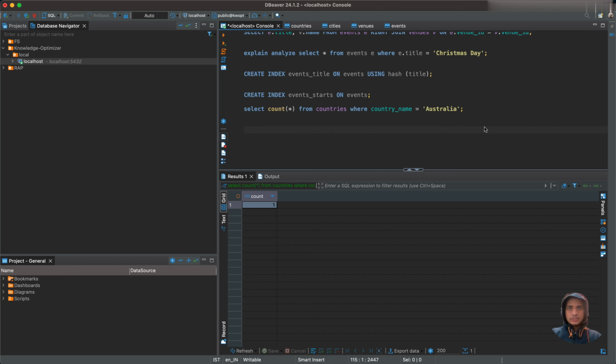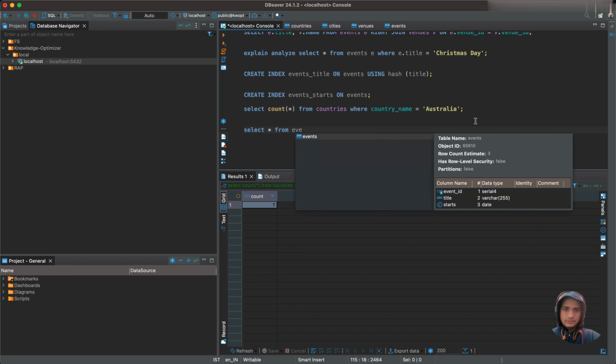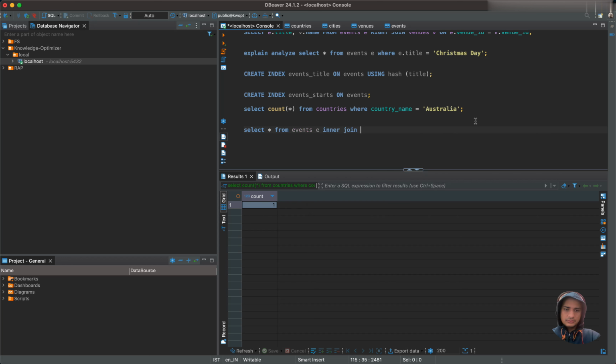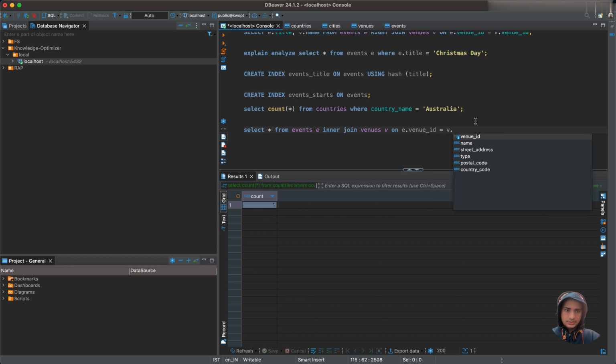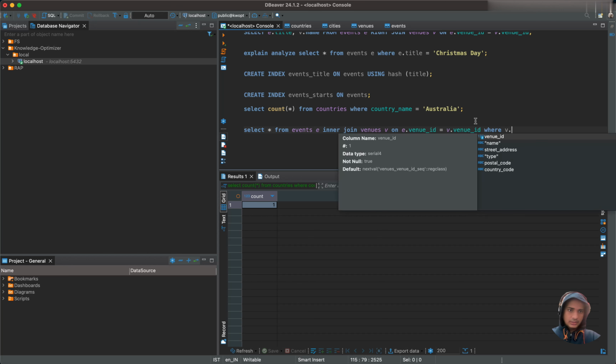Now suppose you want to get the time window in which the Crystal Ballroom will be occupied, basically when the events are going to happen. Then you can use select min, basically getting the min of the start time. First of all, I'll do this: select star from events inner join venues on e dot venue id equals v dot venue id, where v dot name equals to